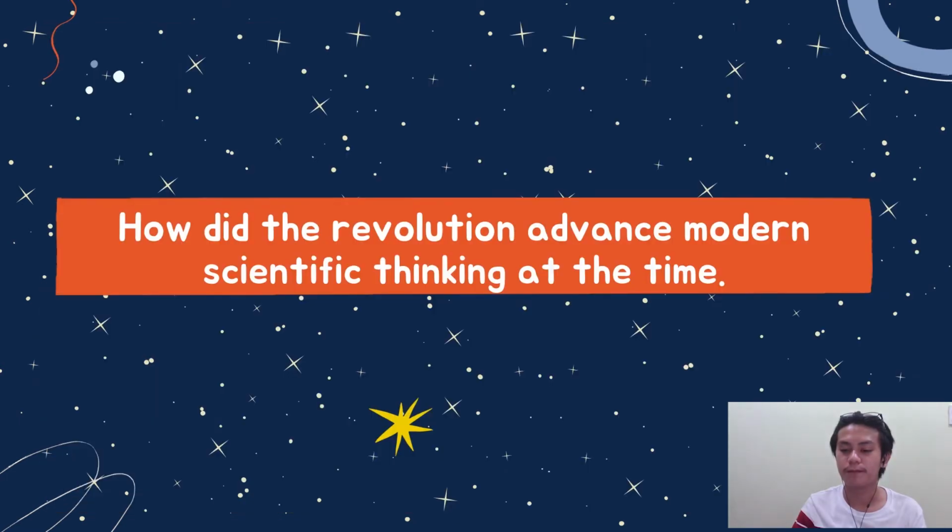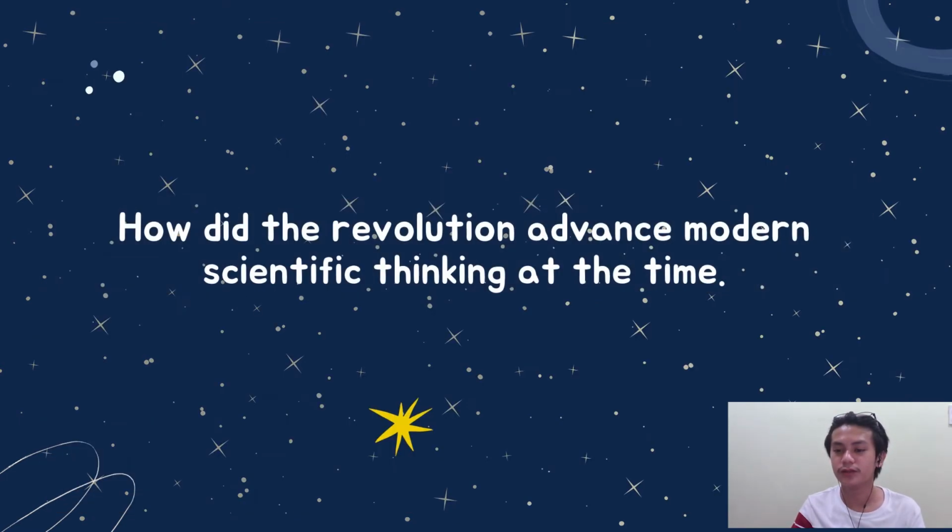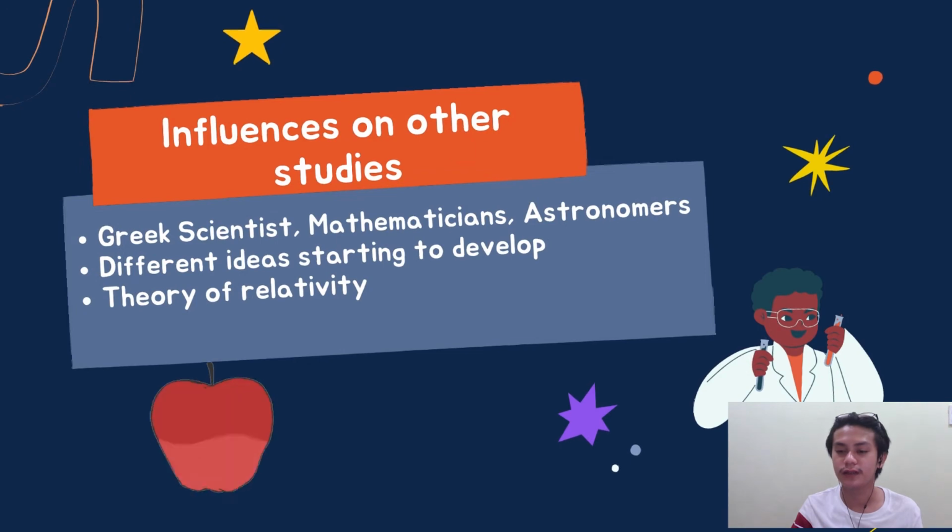Many would tend to question what others have published, thus creating another study and issue regarding a certain topic. This is how revolution advanced the studies on modern science and scientific thinking up to this era. So on the next slide, after the revolution advanced modern scientific thinking, it made many influences on other studies by, of course, other scientists, mathematicians,